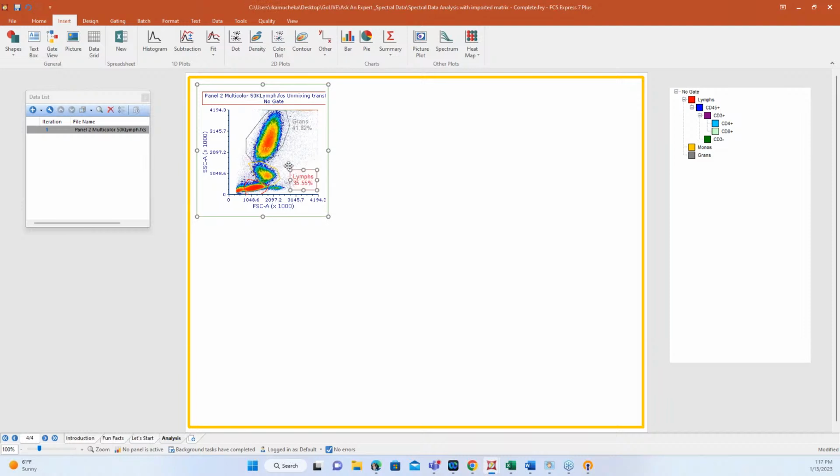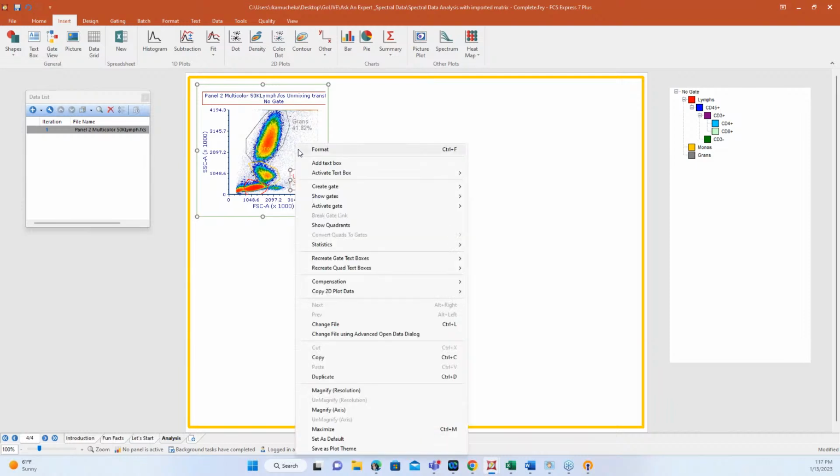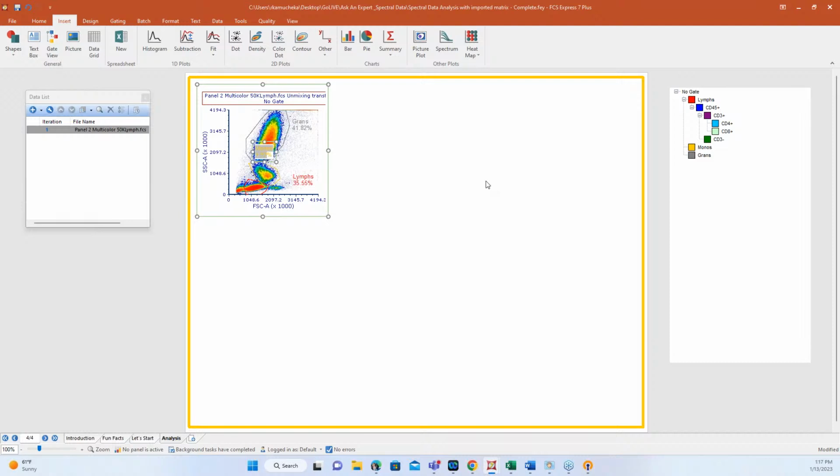Now, this monos gate, as you can see, has gotten tucked under our grans gate. We have this great new feature to activate a text box. Let me see if I can find it. There we go. Sometimes it's hard to choose which one because they're numbered, but if you just choose one of them, it will highlight it so that you don't have to move the gate or make any other adjustments. I can now just grab that text box and pull it over. It gives you the flexibility to get to gates or text boxes that have gotten trapped behind other pieces without having to move everything else around.